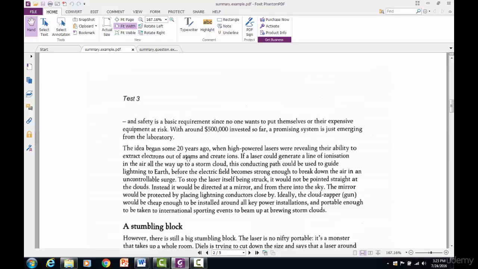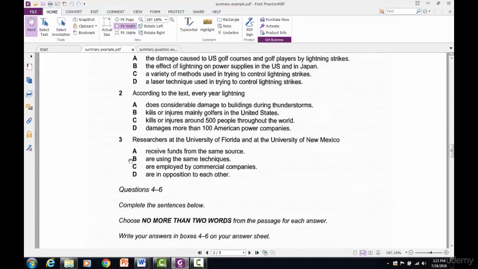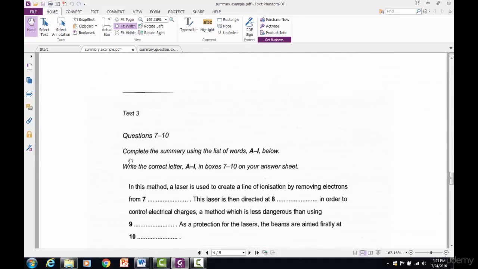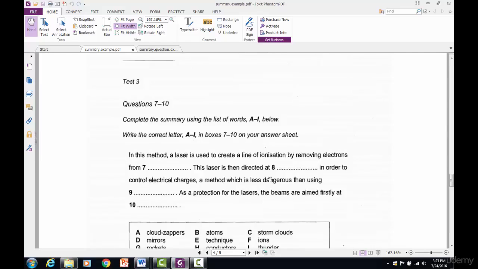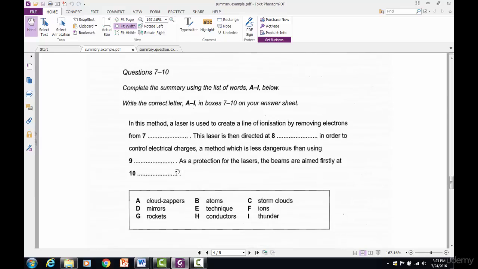But I know my answer is atoms because of the word extract. Extract means remove. And so we know the answer for number 7 is we are removing electrons from atoms. So on our answer sheet, we will put B as the answer. We will put the letter B as in boy. Okay, and then for our next one,